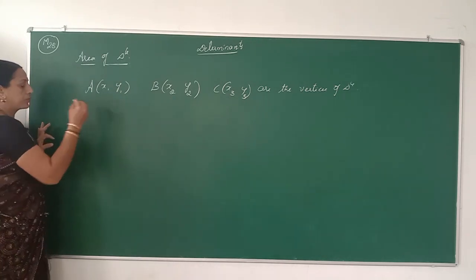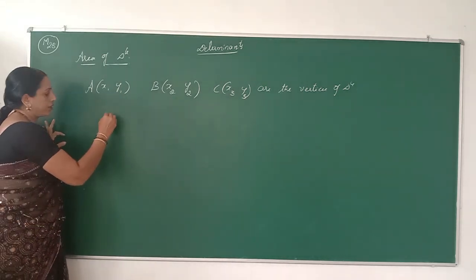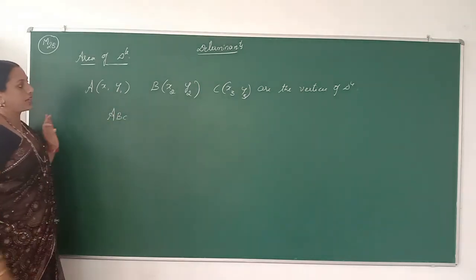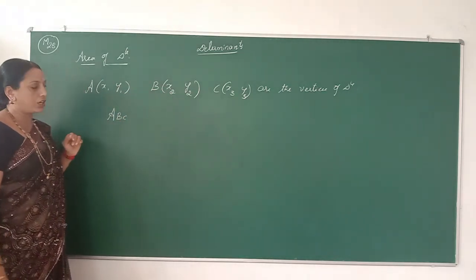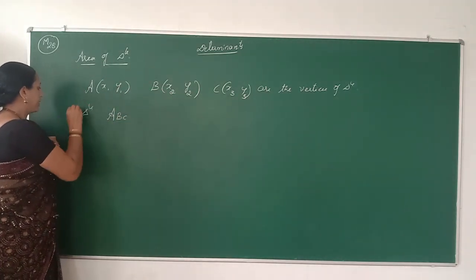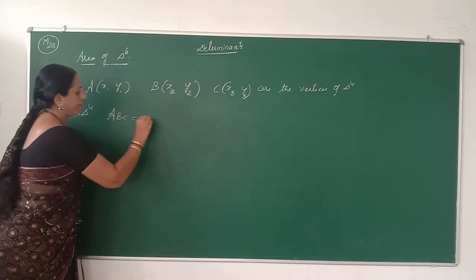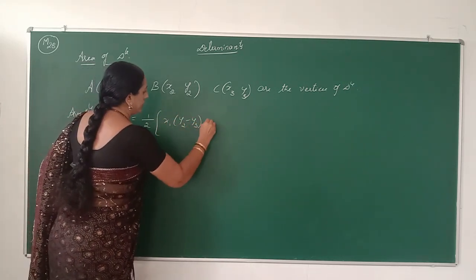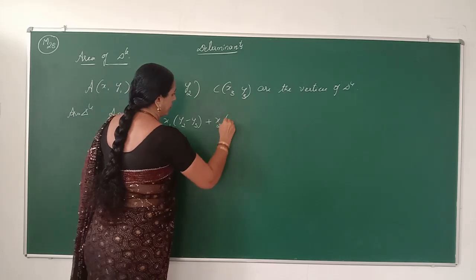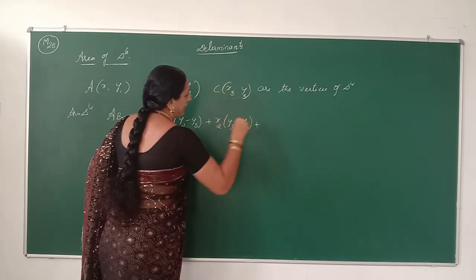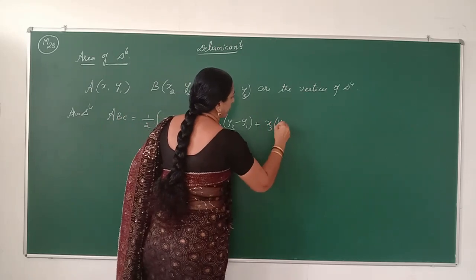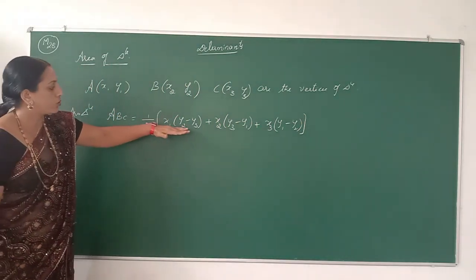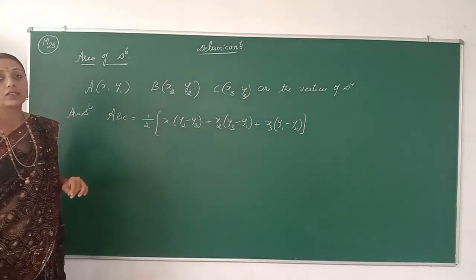In the last year, in first year PUC, analytical geometry, we already studied that the area of a triangle ABC with vertices (x1, y1), (x2, y2) and (x3, y3) is defined as half of x1(y2 minus y3) plus x2(y3 minus y1) plus x3(y1 minus y2). We already know that result. So, by using that result, how do we represent the vertices of a triangle in terms of a determinant?